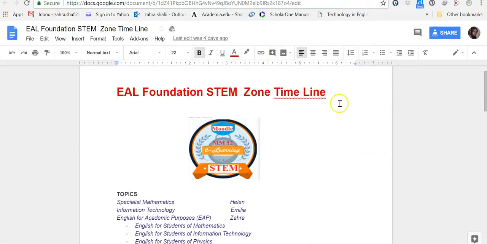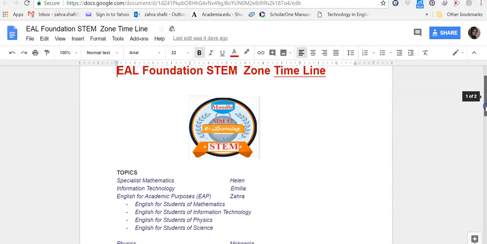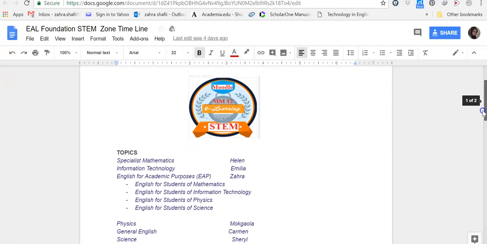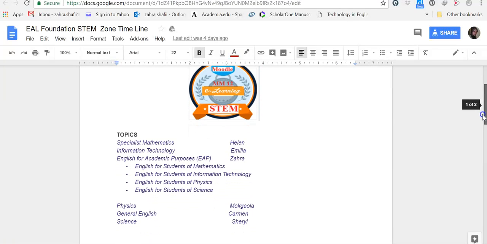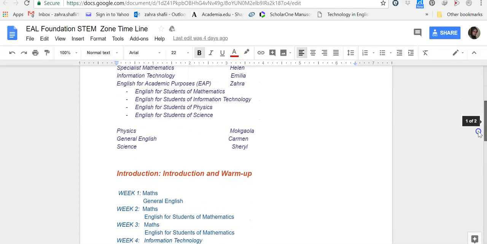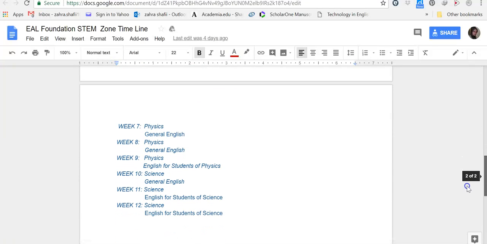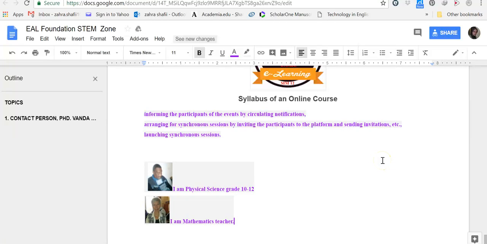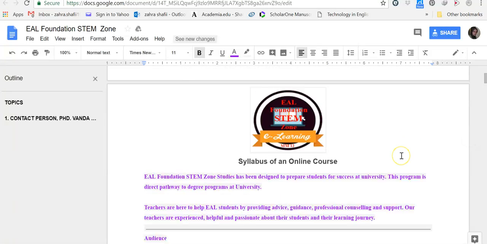The syllabus, first of all, did not consist of a complete format. For example, one of the formats that we came up with was creating, let's say, a logo, some badges, and then creating some topics, who teaches which topic, some weekly schedule, and we gradually formed and completed this syllabus in this form, as you see.